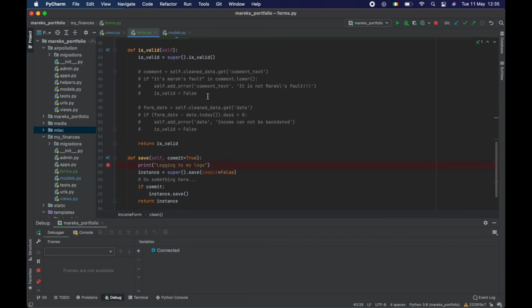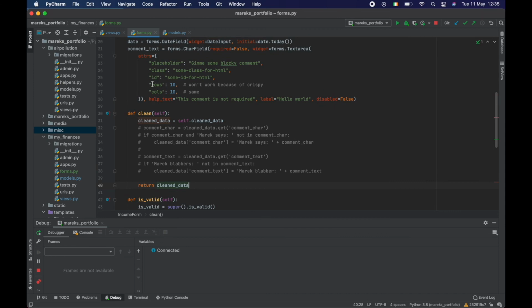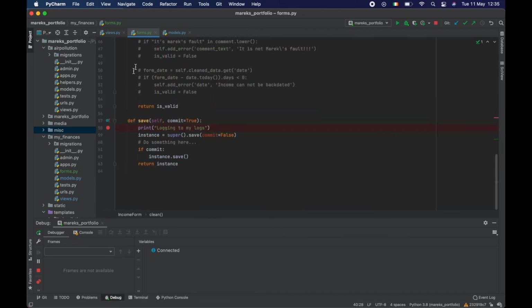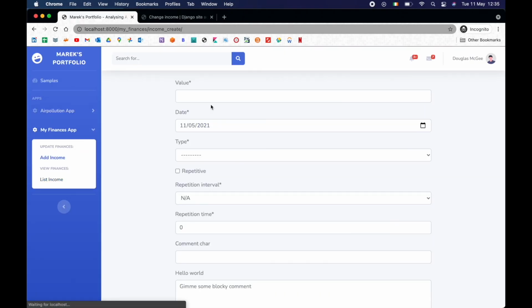And okay, that works. And then we have the save. So let's have a look here. Let's just get rid of this. Okay, let's go here. And then we can grab the save moment. So let's go back in here and try to save again. So value 1, 2, 3, 4,